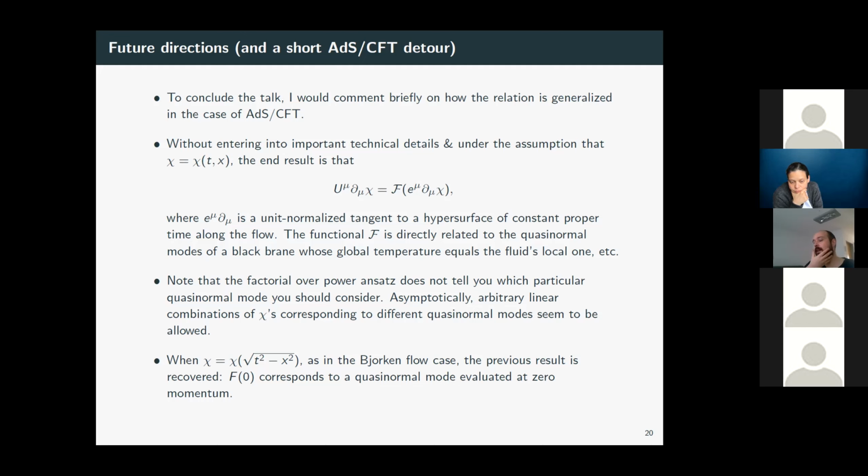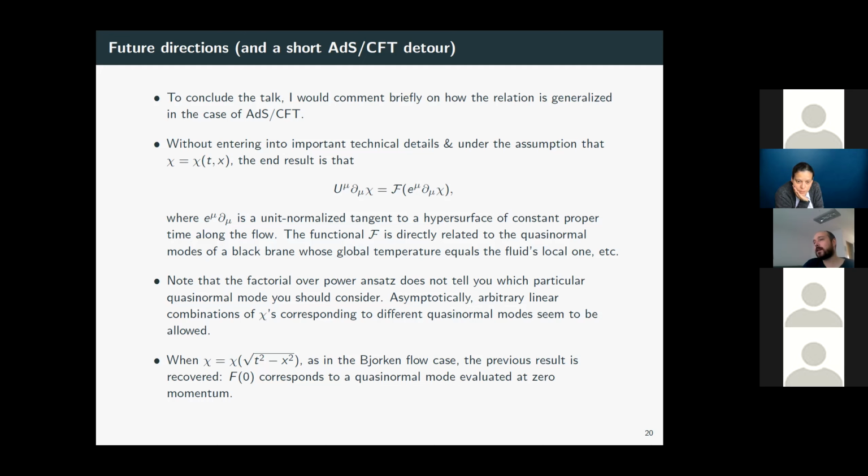So I think it's a good point, but I wouldn't be able to tell you that this standard quasi-normal mode you're thinking about would map to this particular function. That I don't know how to do. But I think the functional form that this equation shows is quite robust. This is what the analysis suggests. Its success in BRSSS would suggest, or at least give you hope, that it would also work in AdS/CFT.